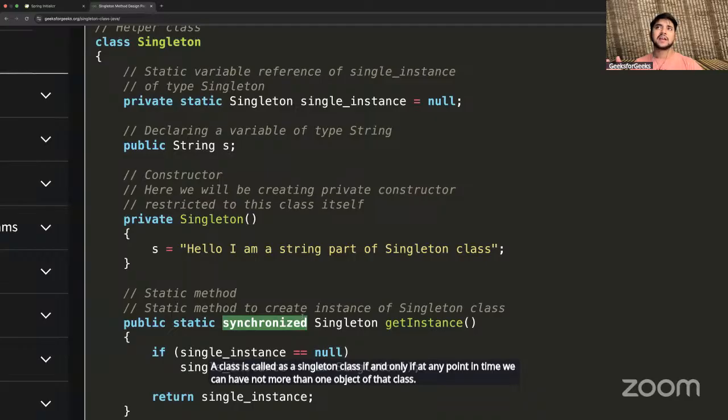That means if you want an object of a singleton class, you cannot simply create it. If it is already present, then use that. If it is not present, then create it. The number of objects of a singleton is less than or equal to 1, that is 0 or 1. If 0, there is no object present of that class. If 1, there's only one object present. If you try to create one more, it will not allow you to. Are you understanding what I'm saying?